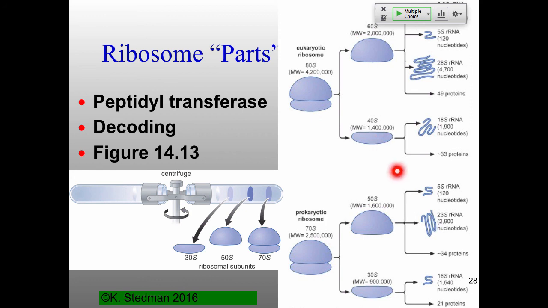Small subunit is going to be your decoding part. That's the part that's initiating with your messenger RNA. The large subunit has the activity, which is the transpeptidation activity. These are made up of multiple different RNAs, all modified through all the snoRNAs that we talked about last time. Different sizes in terms of the bacterial